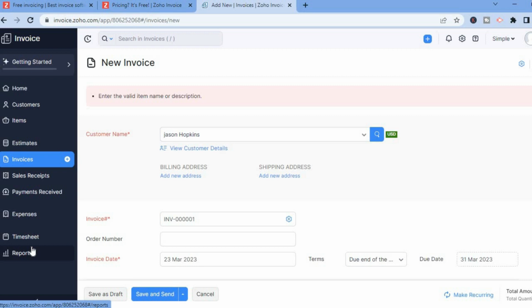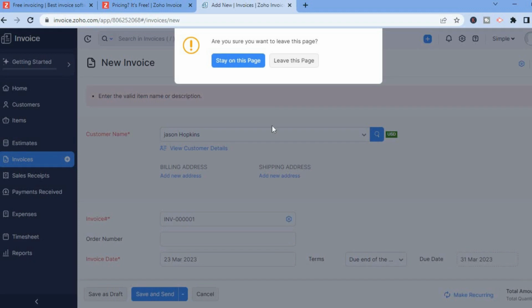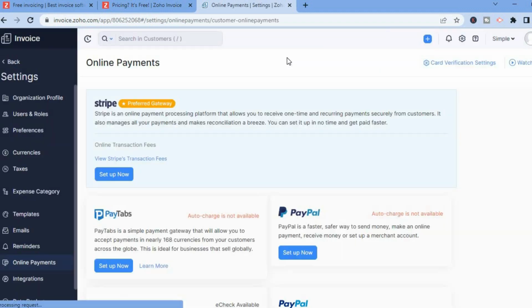But one more thing that I want you to do before going away, what I want you to do is go over to the top right hand corner, and you're going to select settings. After selecting settings, what I want you to do is select online payments. And after you have selected online payments, you'll now be able to set up your Stripe, and you can also set up PayPal. So once you have a Stripe account, or if you don't have a Stripe account, you could create one right now, and after tapping on set up now,